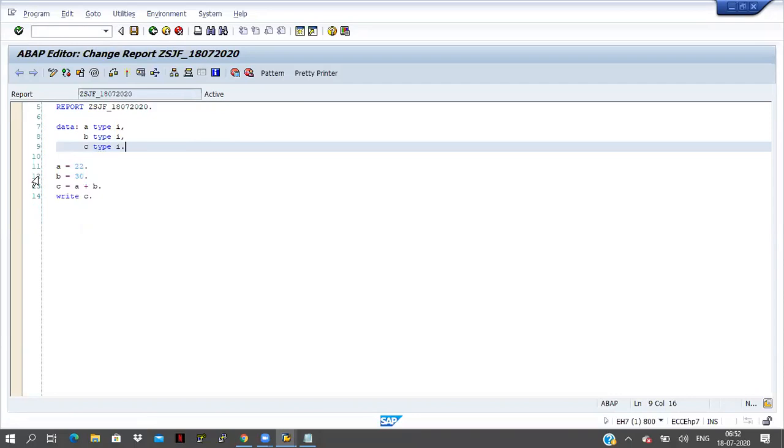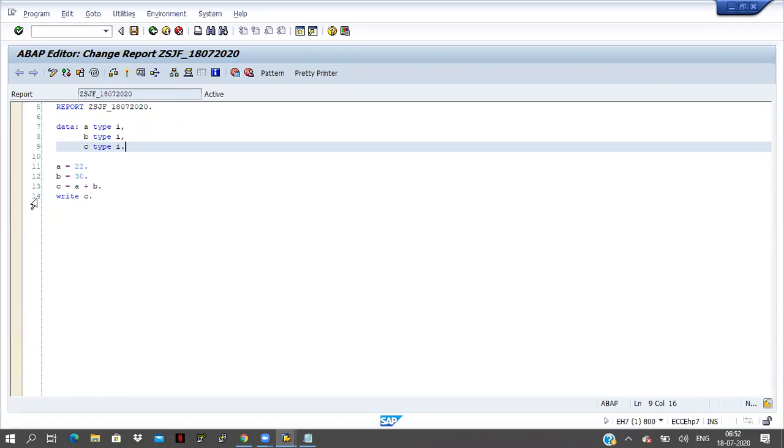It will come to the 12th line. What is the value of B? And it will come to the 13th line. What is the value of A plus B, the total? Like that, line by line, I want to see the result, how the values are flowing in the back end.